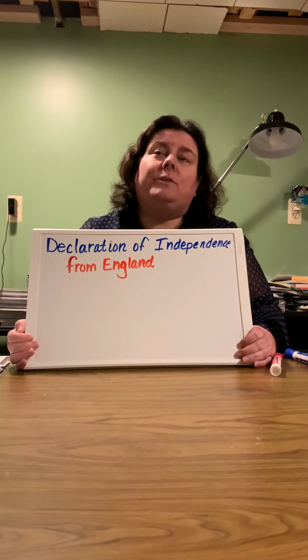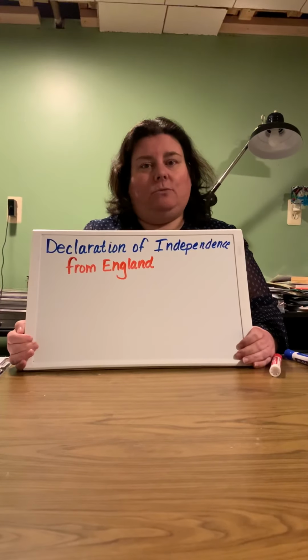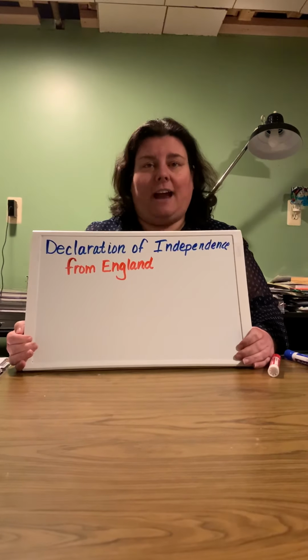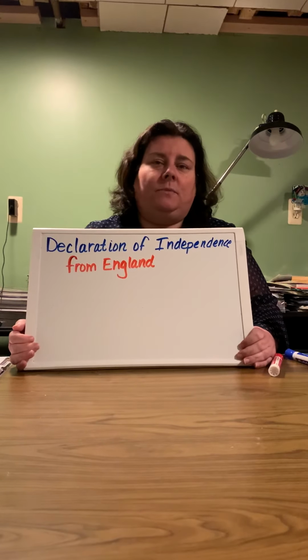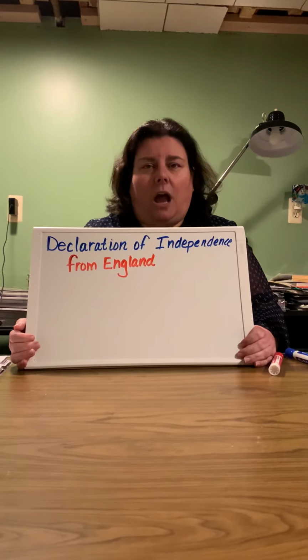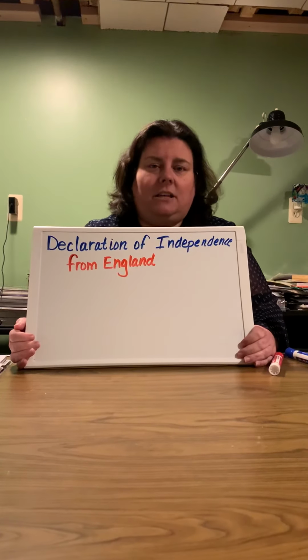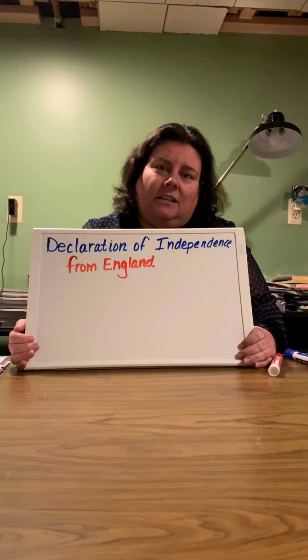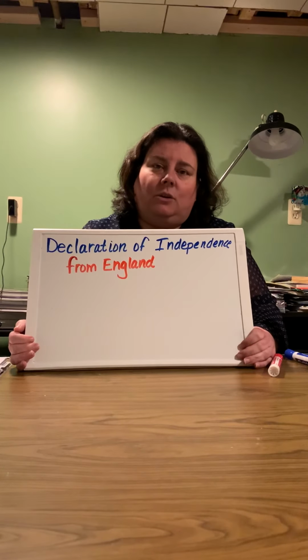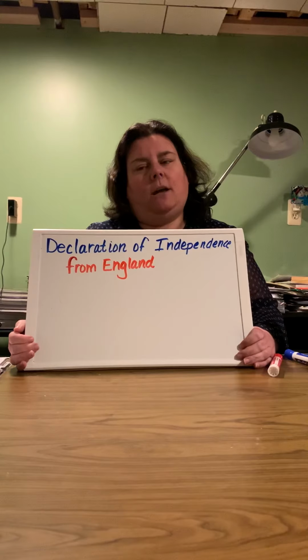And once the war was won, that's when the real work had to happen. We had to create a government from scratch. And we had to decide what type of government we wanted. They had representatives come from all of the 13 colonies, and they had to decide what was next. How were we going to be governed? Who was going to decide what happened to us as a people?